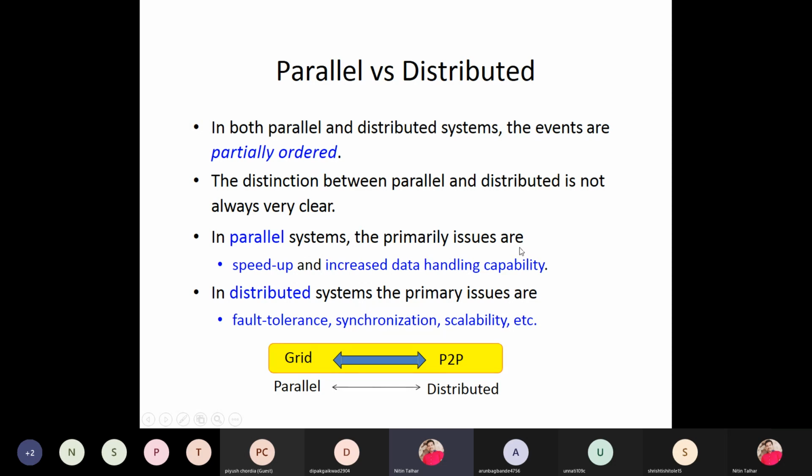In a parallel system, the primary issues are related to speedup and increased data handling capability. Okay, so these are some of the issues that may relate to some application. Then in a distributed application, there are some issues related to fault tolerance, synchronization, and scalability. Okay, what do you mean by fault tolerance? If some of the nodes fail, for example, if